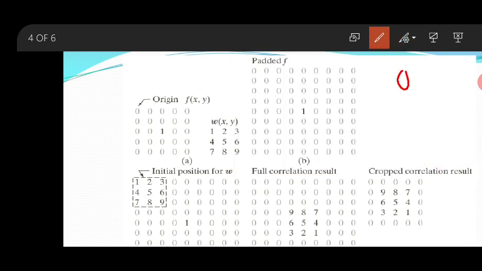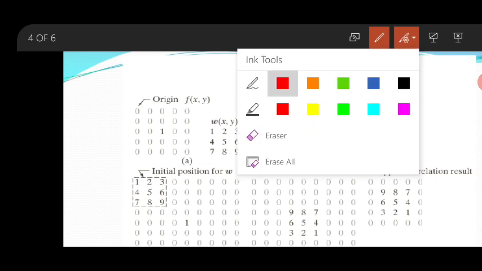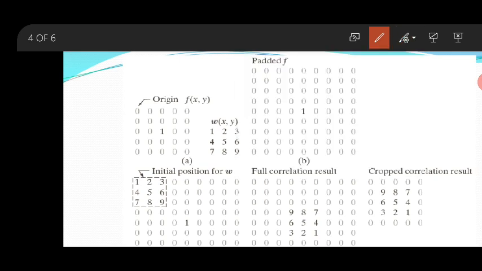Now this 0 is obtained after multiplication for this window. This is the center pixel of the 3 by 3, and it will be replaced with this 0. I hope you are getting this. Anyway, it was 0 previously also, and it is 0 now. This is step number 1 that we have performed here.